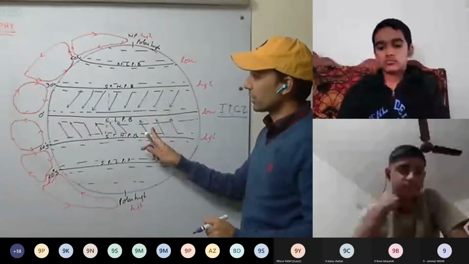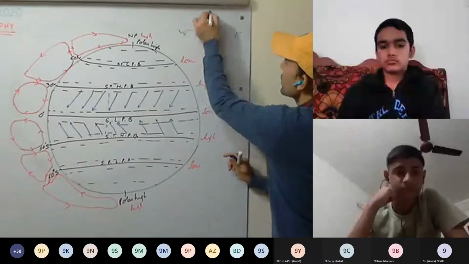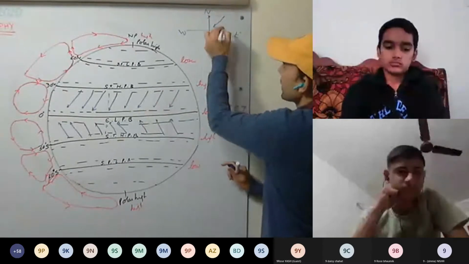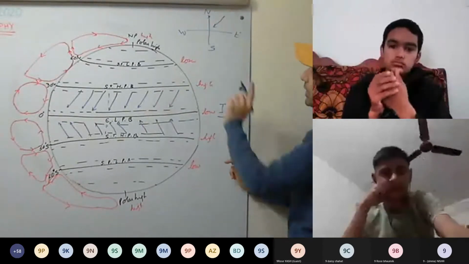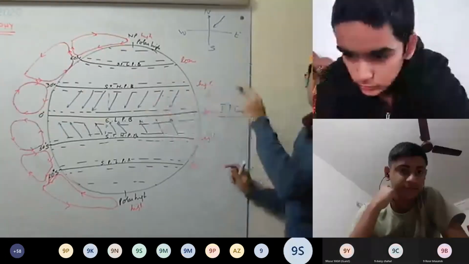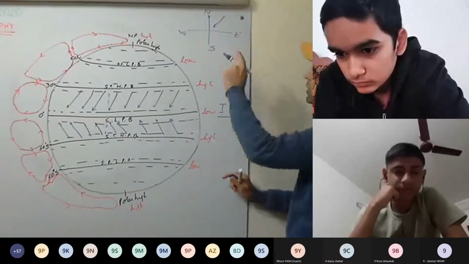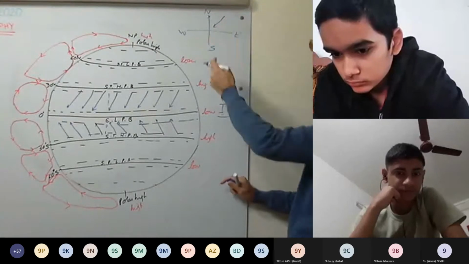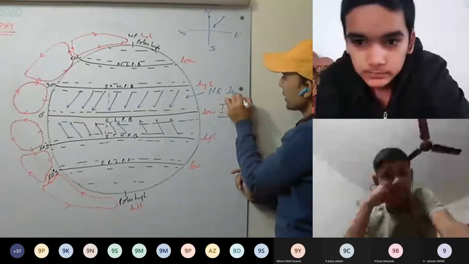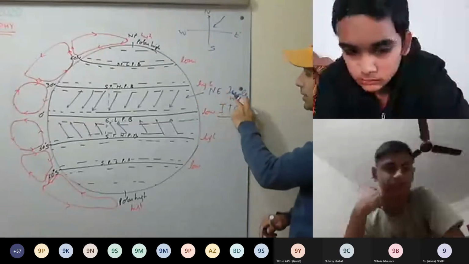Now see how to name these winds. So this is the east, west, north, south. These are the directions, and these winds are flowing in this direction. We name the winds as per the direction from which they originate. So these winds are originating from northeast. They are coming from northeast. So these winds are called northeast trade winds.